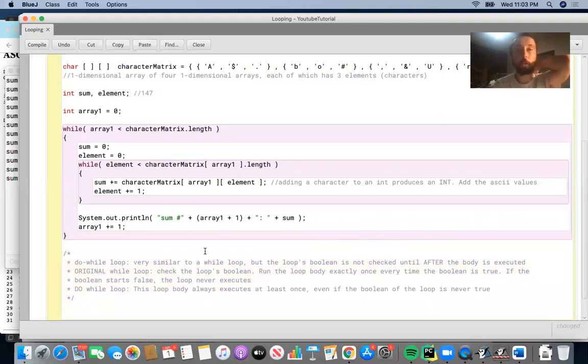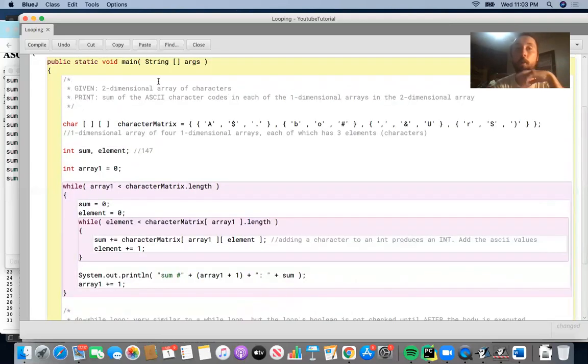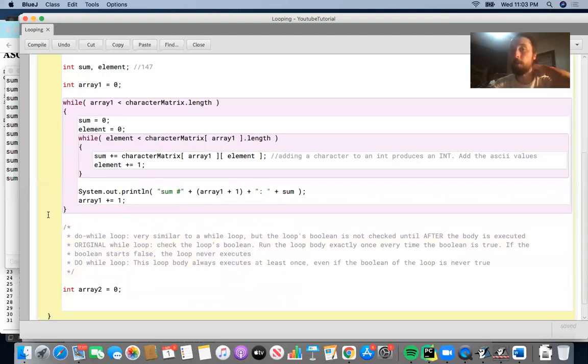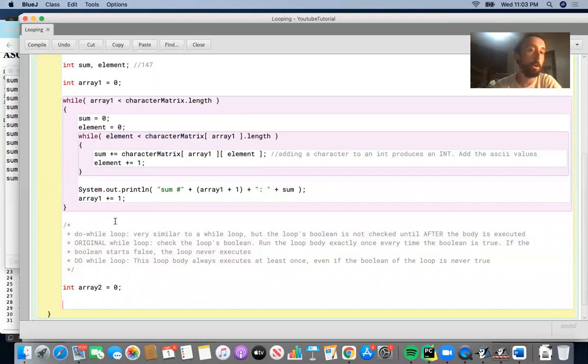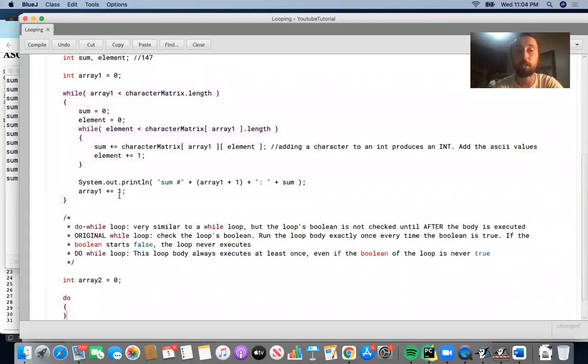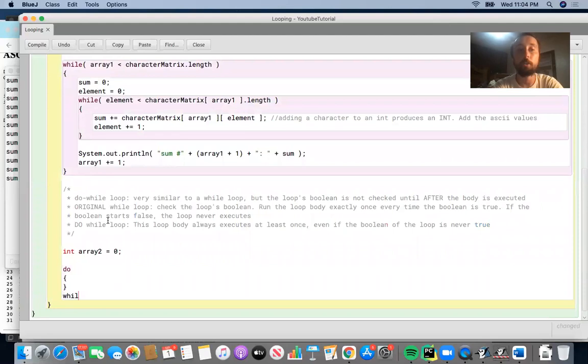What we're going to do is accomplish the exact same task as we did up here, but we're going to do it with a do while loop. So I'm going to say int array2 equals 0. This is going to be an example of how it's similar to a regular while loop, but then I'm going to show you an example of how it's different from a regular while loop, okay? And then you're going to write the word do, okay? You're just going to write the word do like that, because this is the architecture of a do while loop,